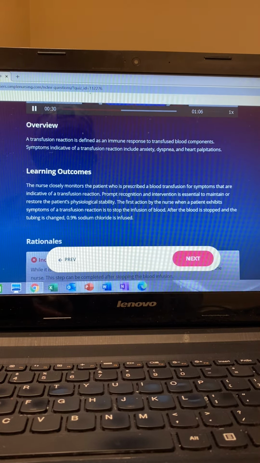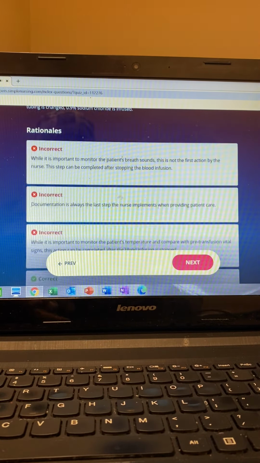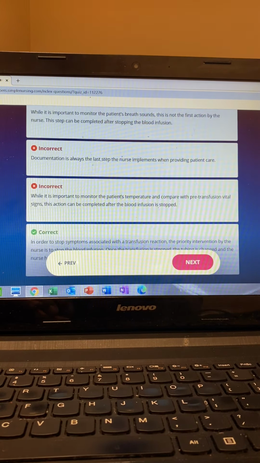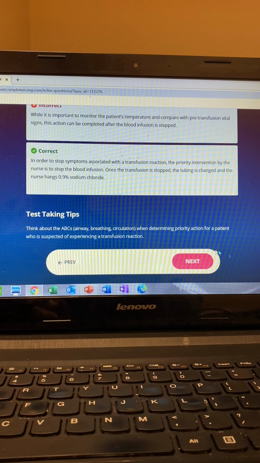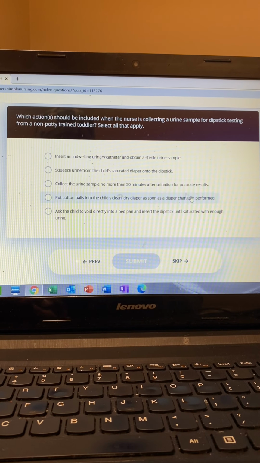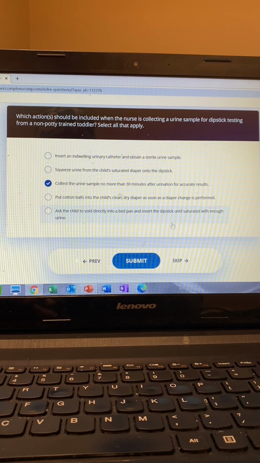So, looking at our options here. Option 1, 2, and 3 are incorrect here. Listening to the bowel sounds doesn't stop the blood reaction. Completing an incident report